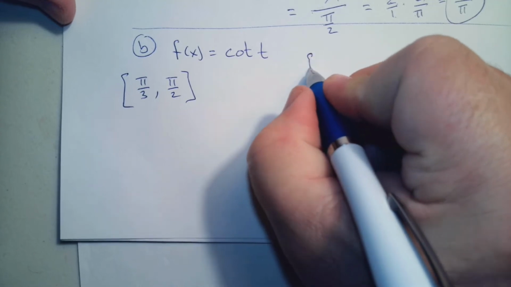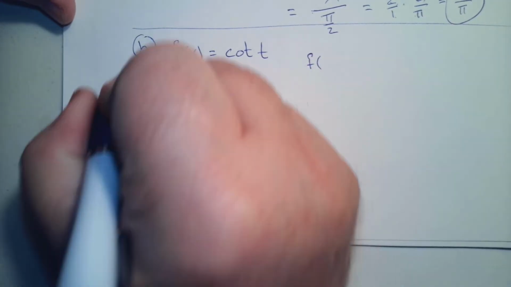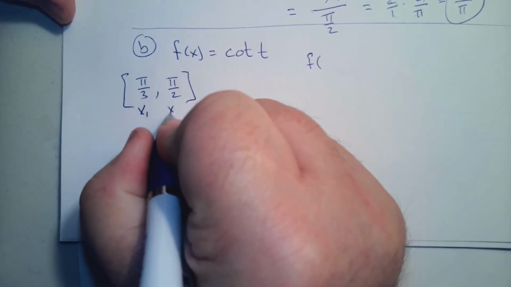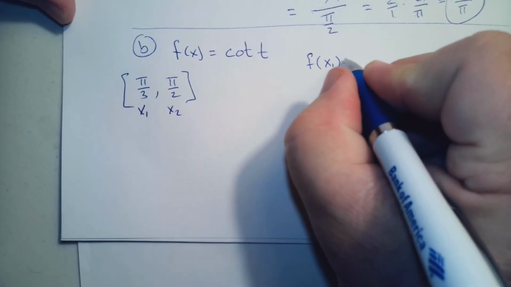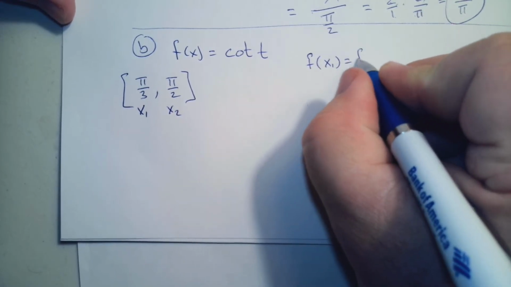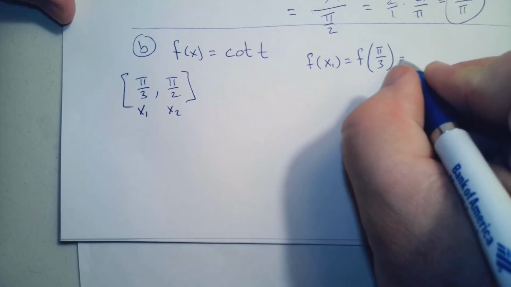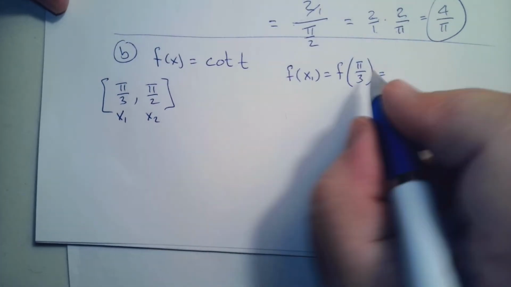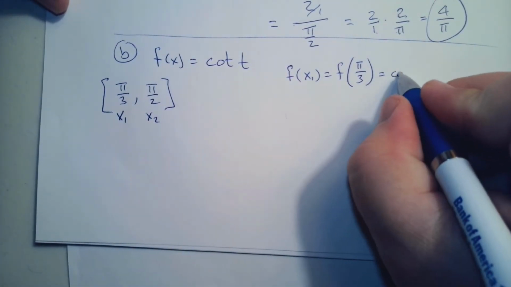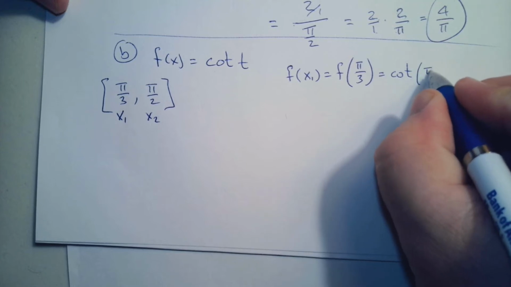So first thing we need to do is find, this is x1, this is x2. So f of x1 is f at pi over 3. The function is cotangent, so it's cotangent of pi over 3,